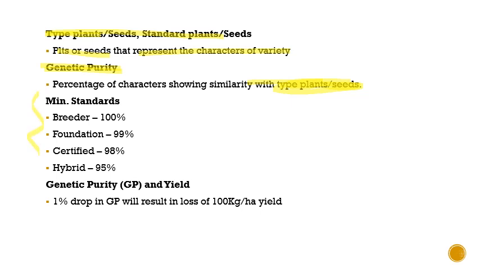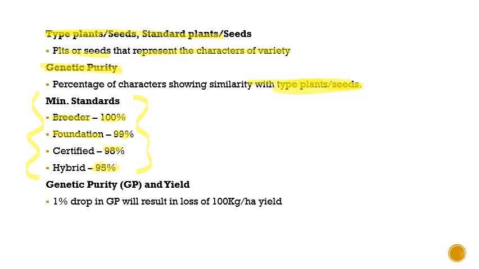Here I have given some standardized or generalized minimum standards for genetic purity for different classes of seeds. These are only generalized standards and they can vary. The genetic purity percentage can vary from one crop to another. Normally breeder seeds are supposed to have 100% genetic purity, whereas foundation is to have 99%, certified needs to have 98%, and hybrids need to have 95%. So this is the generalized scheme of